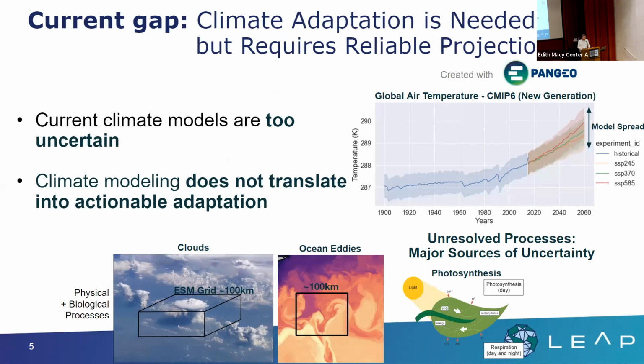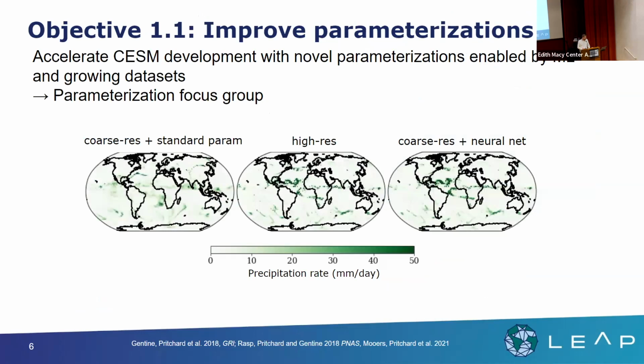So we want to improve that through different ways, like improving metrics, tweaking or tuning the parameters that we have in the models, and improving the closures of those different parameterizations. In the strategic plan that Gideon referred to a minute ago, we define that as different objectives. So we talk about improving parameterization, and that relates to the parameterization focus group. We expect there that machine learning could help do a better job. That was a lot of the discussions we had.